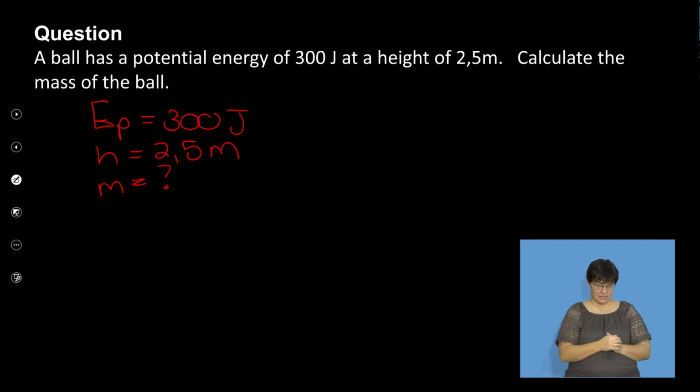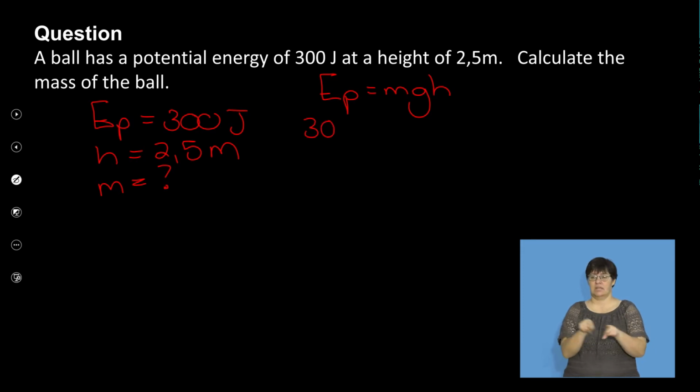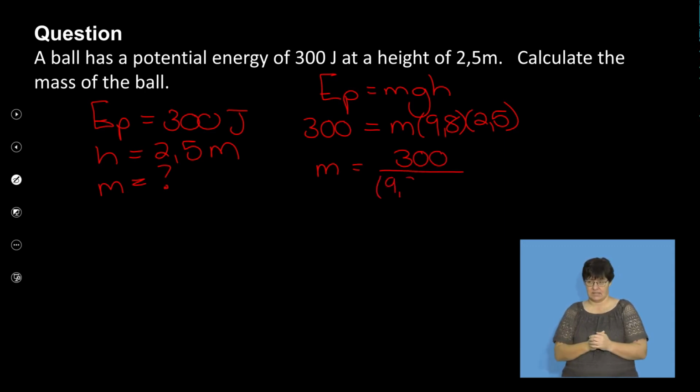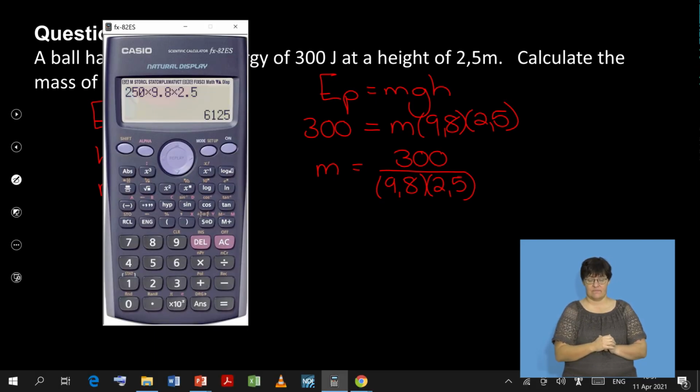So we start where we always start. Equation, potential equals mgh. Potential is 300. We don't know mass. g is 9.8. Height is 2.5. We want m on its own. So we're going to go 300 divided by 9.8 times 2.5. Definitely need calculators for this one. So 300 divided by 9.8 times 2.5,